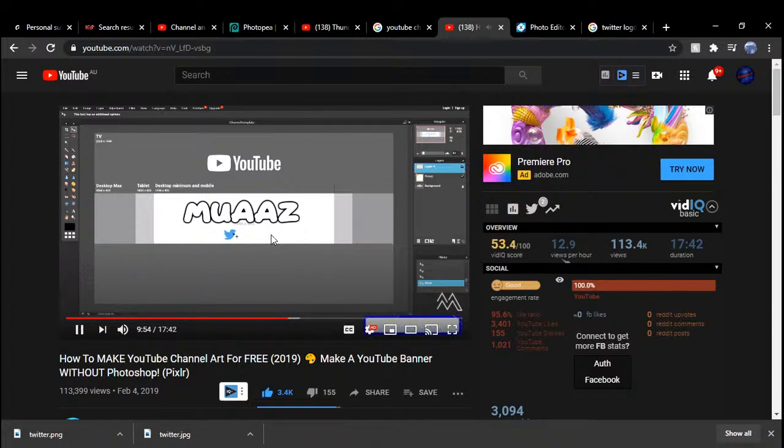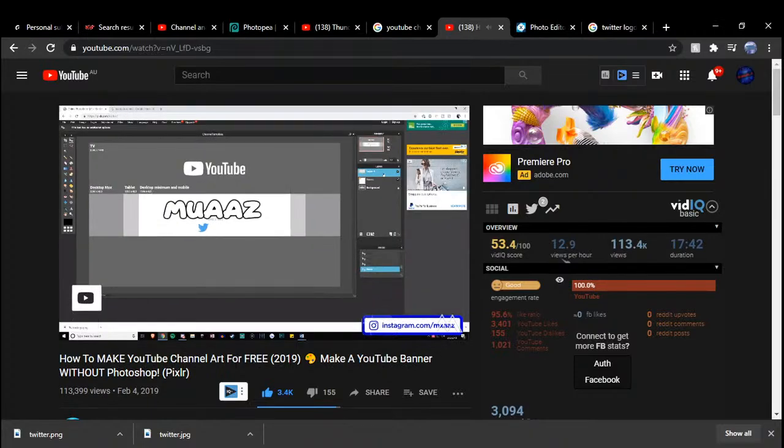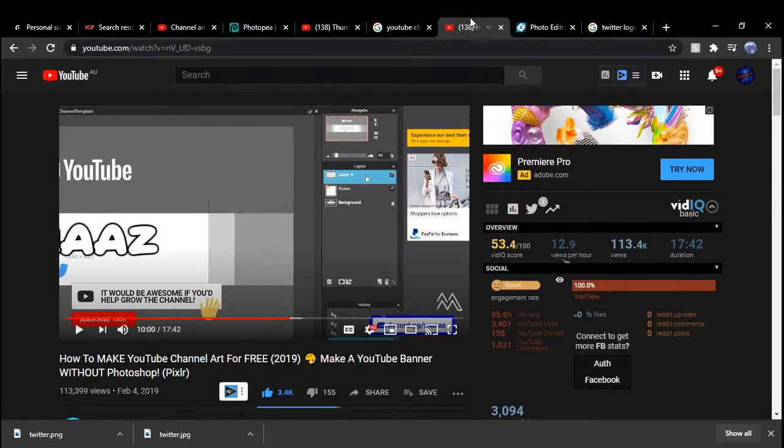And let's go ahead and change the color of the Twitter logo because obviously it just doesn't match with the rest of the template right now. So what you want to do to fix that is go here, right